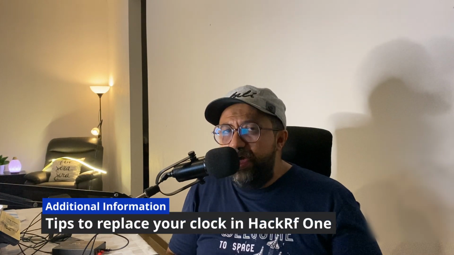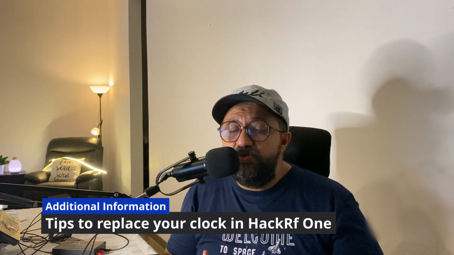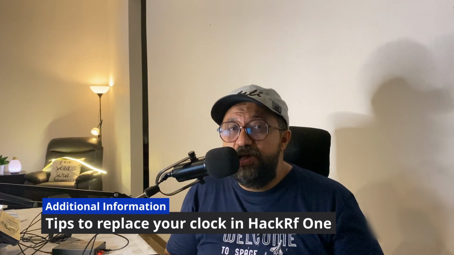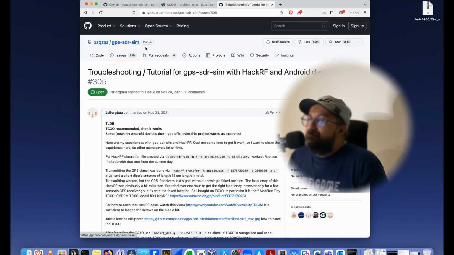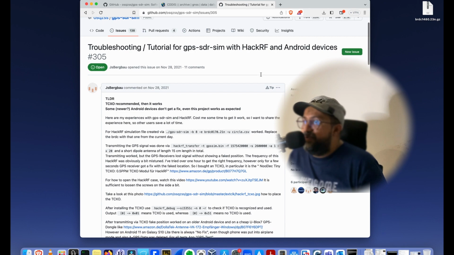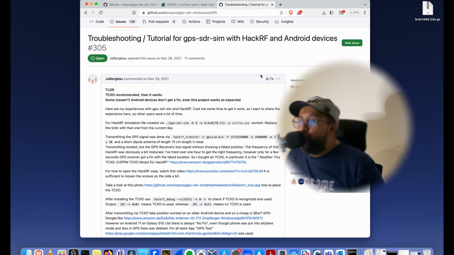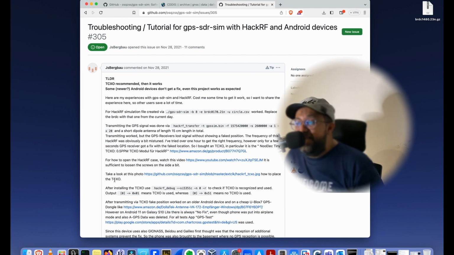Guys, if you experiment and feel this is not really optimum to be used with your HackRF1, my suggestion is you go to this GitHub, the same GitHub that I showed you. Go to this issue, the troubleshooting tutorial for GPS SDR with the HackRF1, special for the HackRF1. I recommend you replace the TCXO, because this is a better clock to put inside the HackRF.